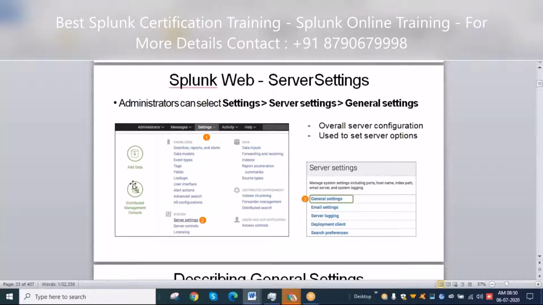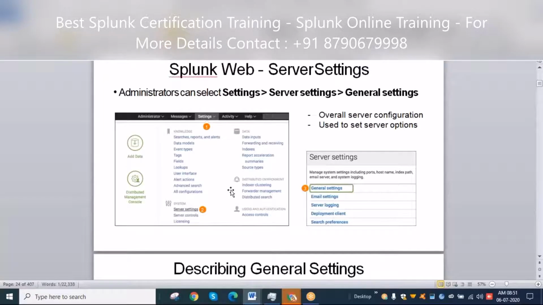As I have shown you, administrators have the settings menu. In the settings, under server settings, there are general settings.